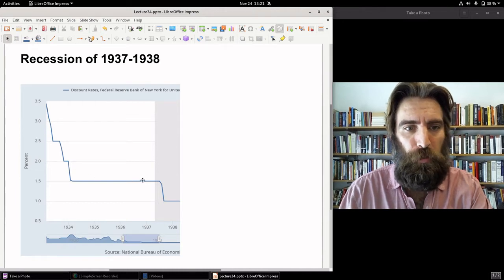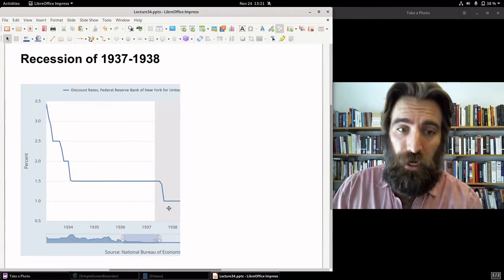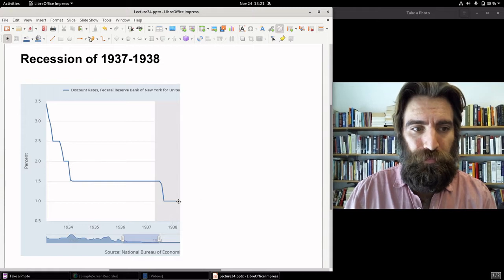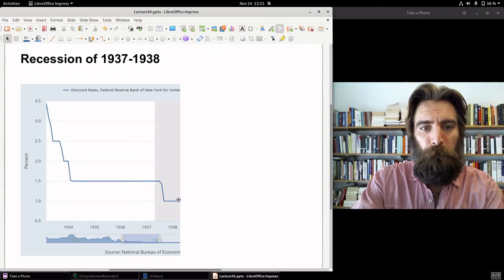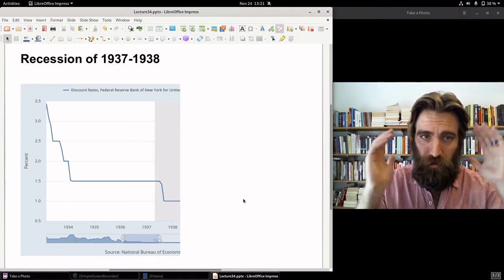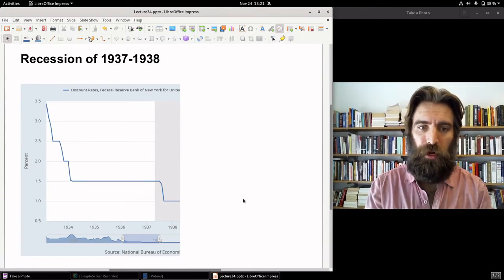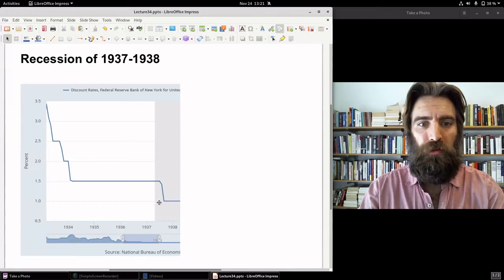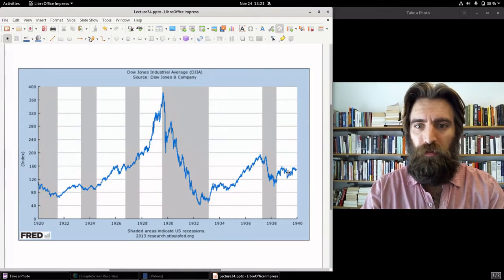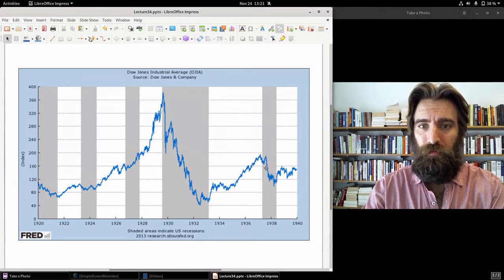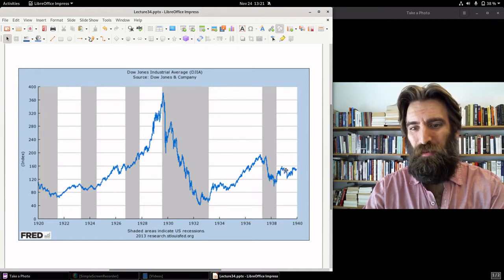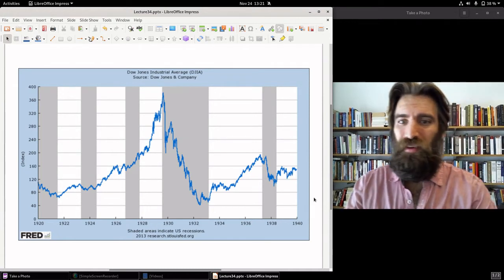The Fed, by the way, responded to this by cutting interest rates further down to a single point, because the Fed by this point is committed to this sort of policy, right? Monetary expansion, and so crisis hits, you need to lower the interest rate. But yeah, this is the Dow Jones, from 1937, 1938. It goes back up a little bit in '39, but really it's just hanging around.